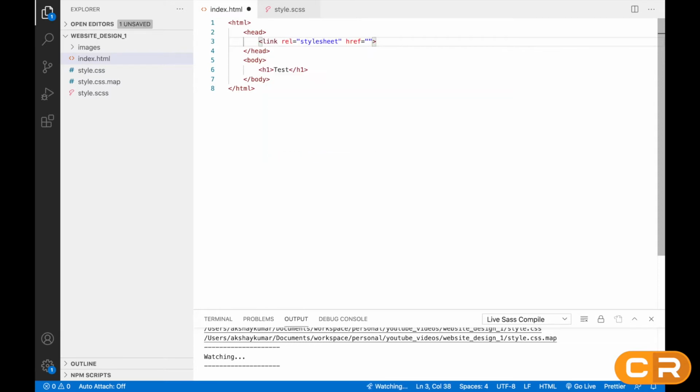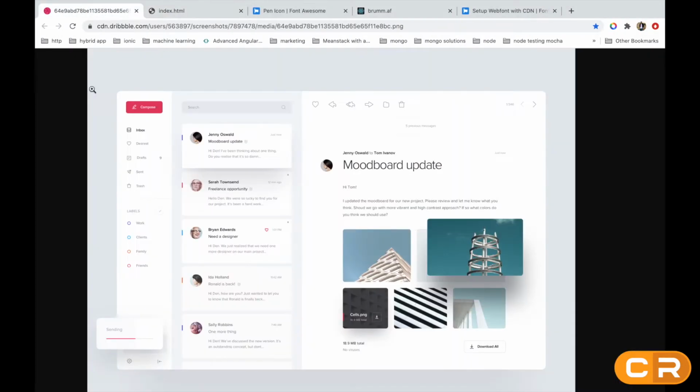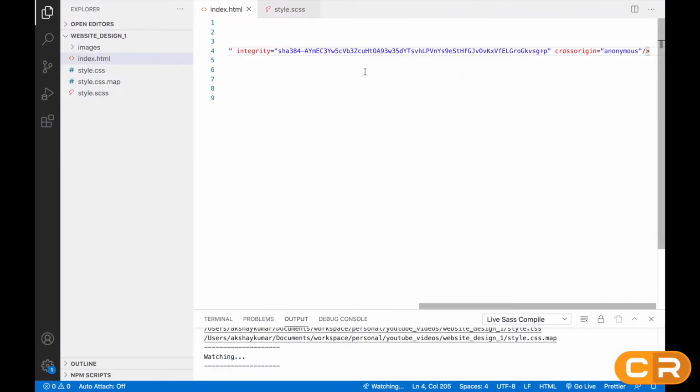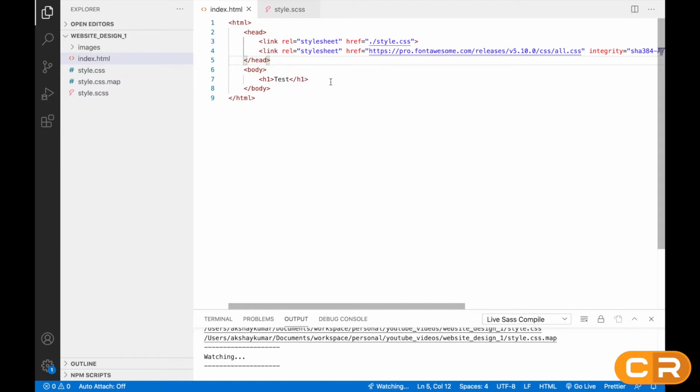Link, then style.css. After this, we'll include Font Awesome also because we need some icons here, right? We'll copy the CDN from the Font Awesome website. Okay, we'll paste it here, right?